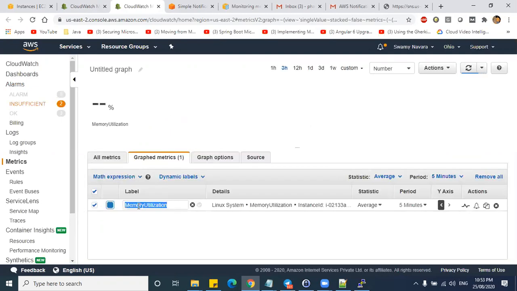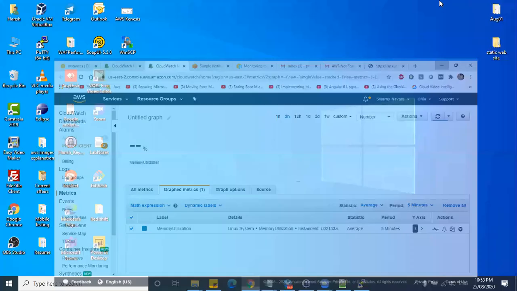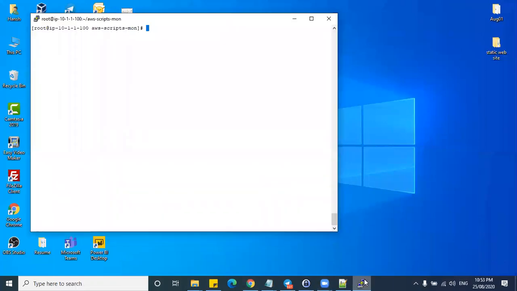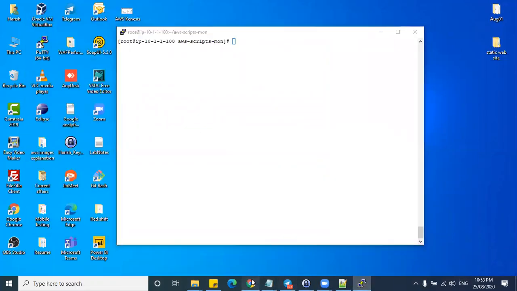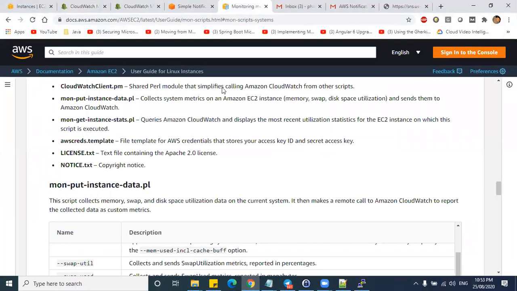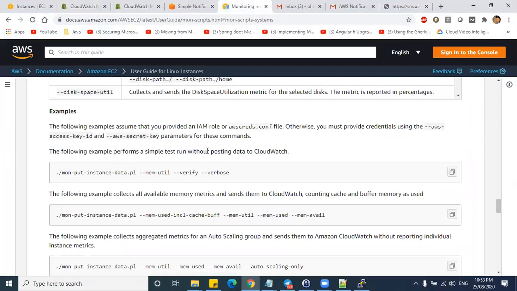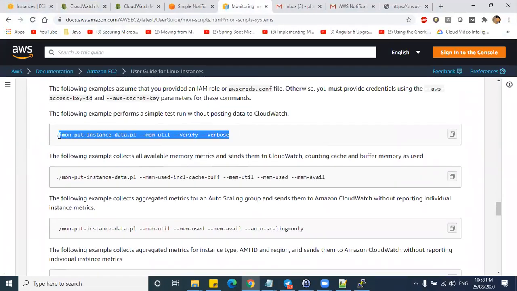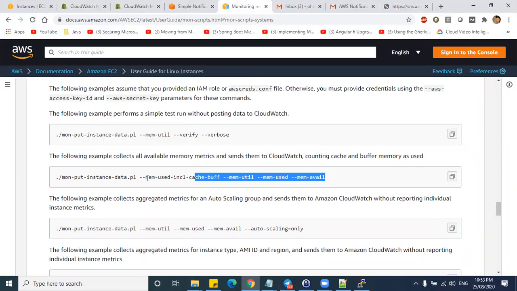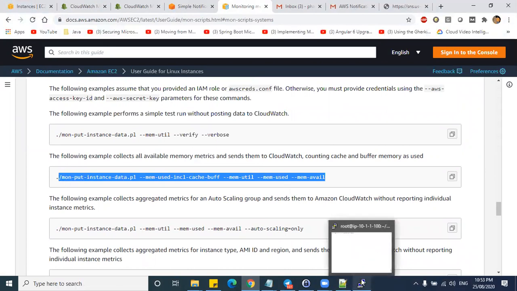Yeah, before triggering this alarm, I forgot to tell you one more thing. If you go to this documentation, we have seen locally in EC2 how to check the memory utilization, and we have also seen the command to push this to CloudWatch.